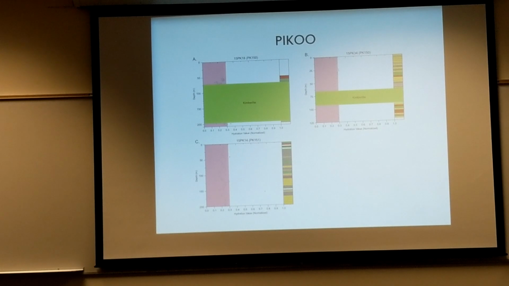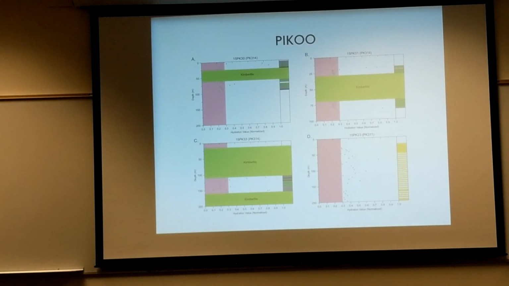So the idea is that the cutoff is that if you want something that's detectable with this technique, the kimberlite has to be over a certain size. So it's not going to pick out your small kimberlites, but it will be able to pick out those larger ones. And what's interesting is that, although PQ doesn't have that hydration halo, in this